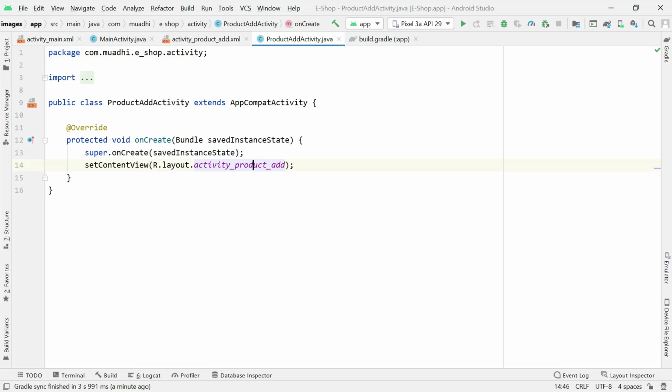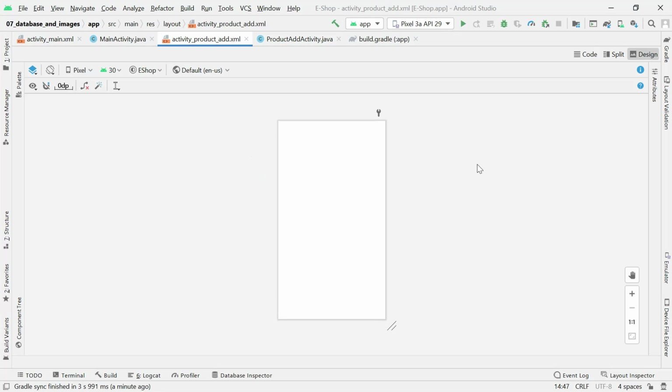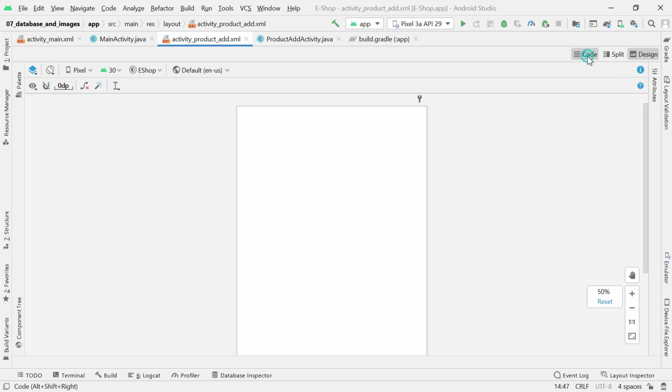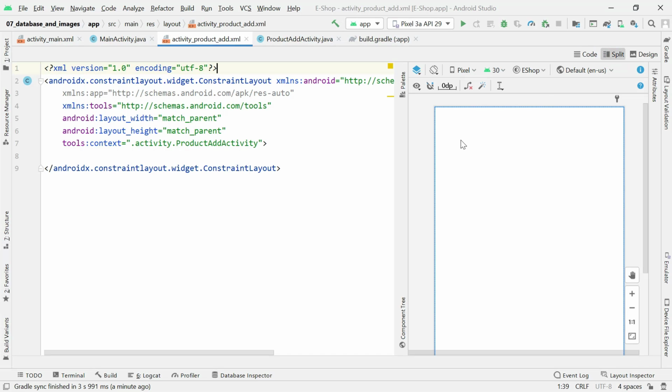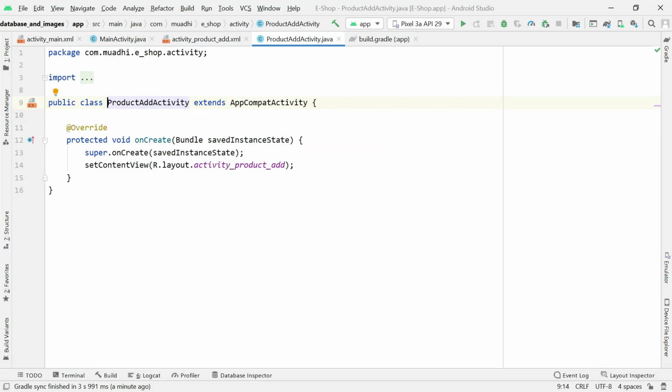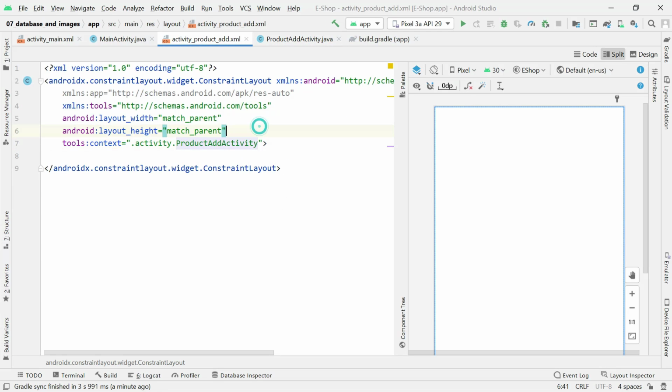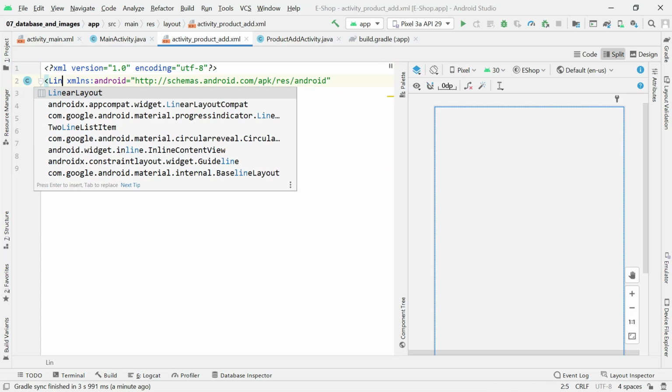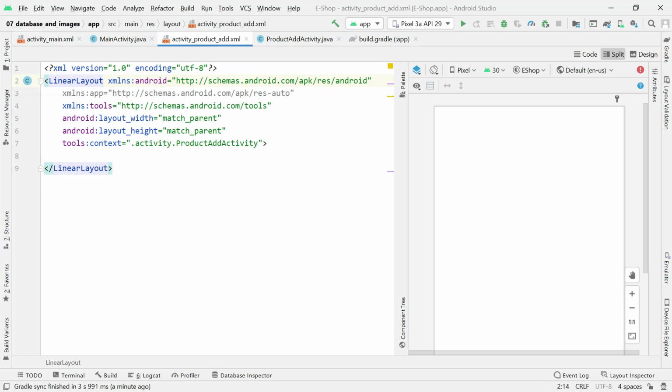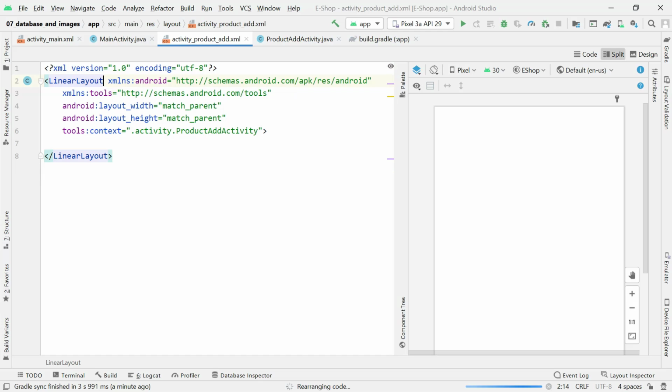So after doing that, we can go ahead and start working on the logic of adding new product. So to add new product, let's first work on the user interface. So I'll come here to the new product, and then I open the code split, and then here we're going to put the interface for adding new product. Okay, so I'm going to change it to be a linear layout, and then I'm going to be collecting